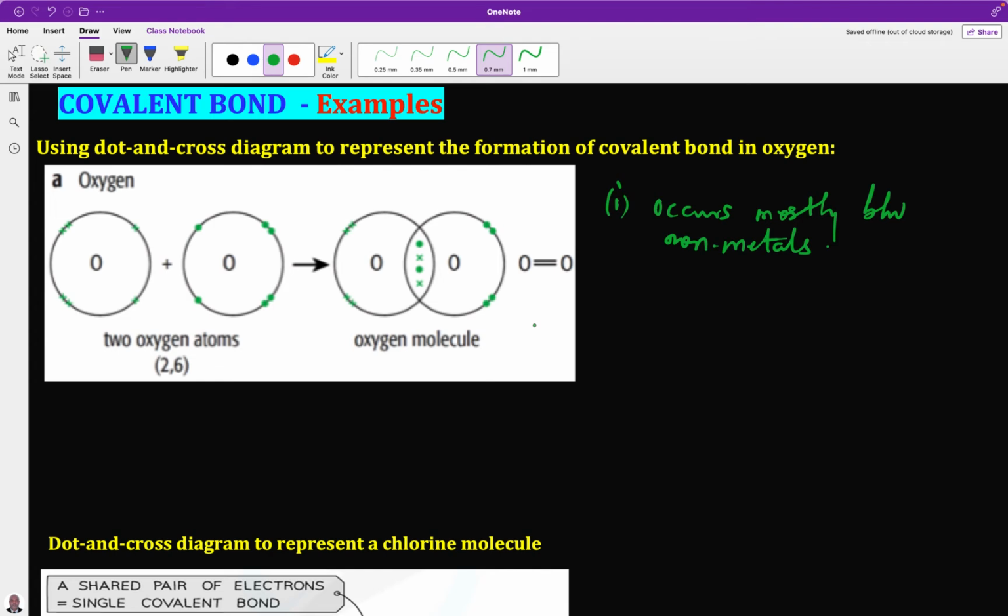Now, what is a covalent bond? A covalent bond occurs between nonmetals. And between what? Between the positively charged nuclei of the atoms and the lone pair of electrons and the bonded pair of electrons. Take for instance, we have,